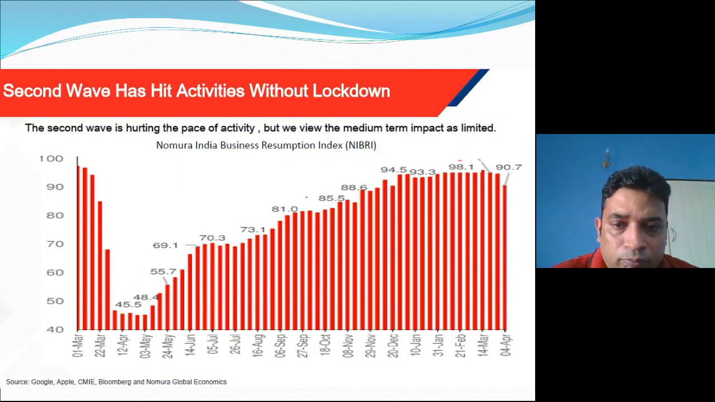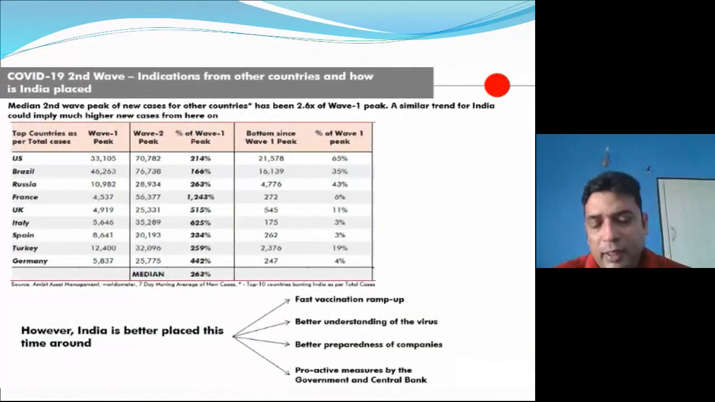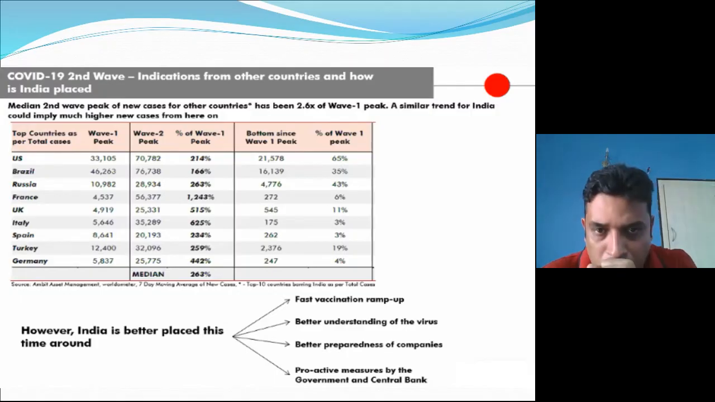So the second wave has hit activities without lockdown. So nothing to worry about with COVID. Only thing, yes, in the next 1 month things will be difficult. But as I said, we have a fast vaccination drive, better understanding of the virus, and better preparedness of the companies. And in the next 1 month, because of the COVID situation, you might see that the stock market is a little bit